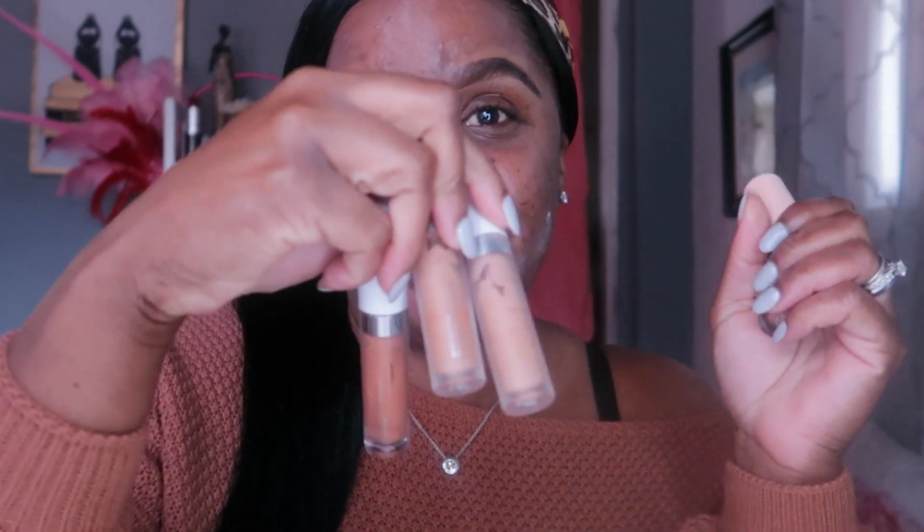Let's get into it. So the first things first is the reason that I have multiple colors of concealers. Here I even have 3, sis, okay? And I would have bought 3 for this, but I wasn't sure if these colors were going to work because of course I'm color matching online. But excuse my voice, I've been out all weekend and I'm exhausted, okay? All right, so